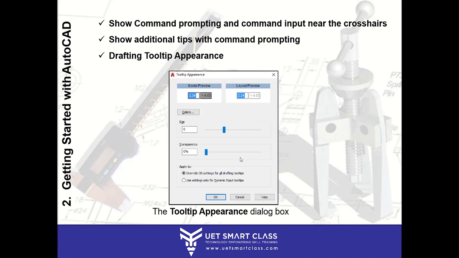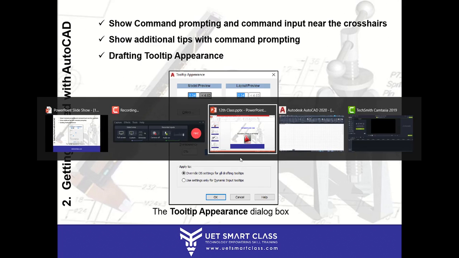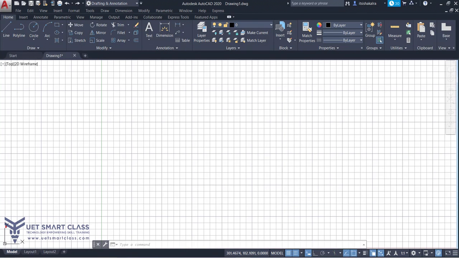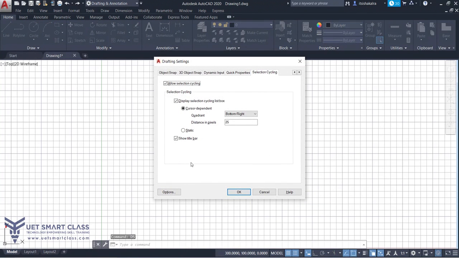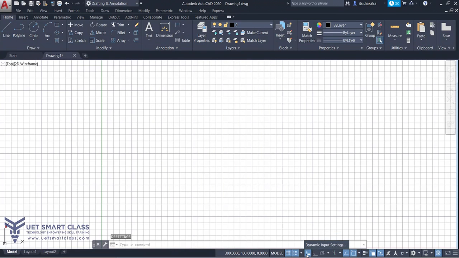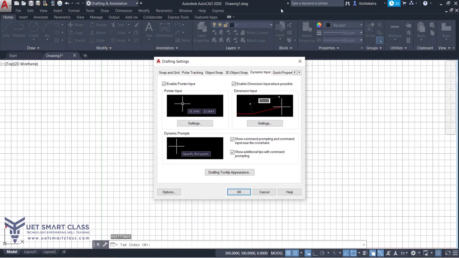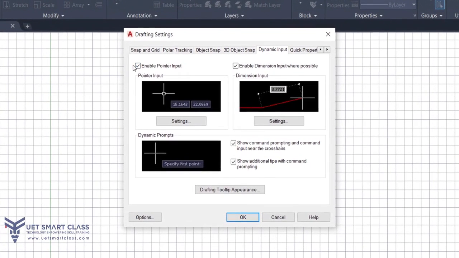Alright. Now I'll show you these dialog boxes. You can type DS and press Enter. This is the drafting settings dialog box which will appear in front of you. You can go to dynamic input, right click and click on dynamic input settings. Again, this will be the dialog box in front of you. Now, the first one is enable pointer input.